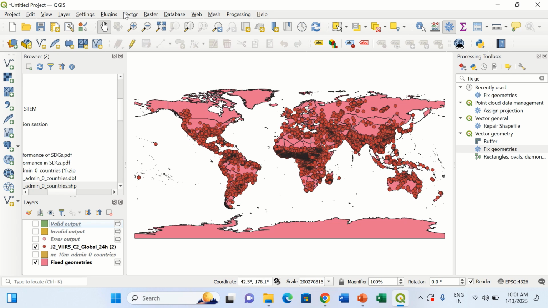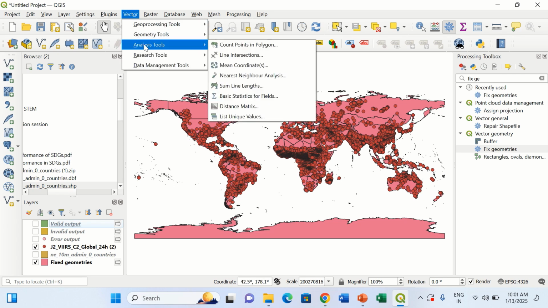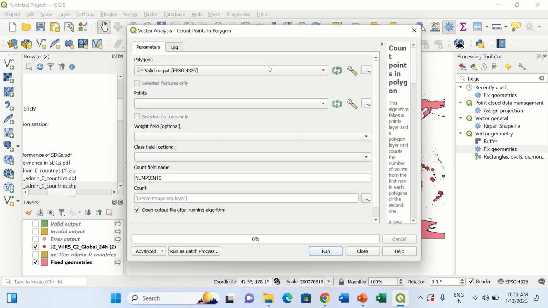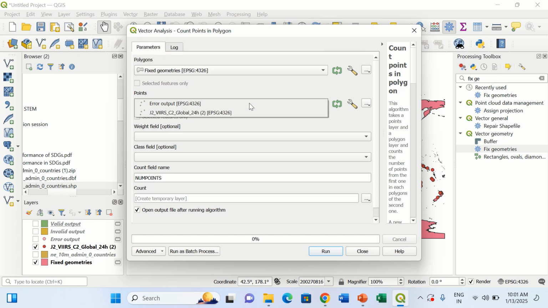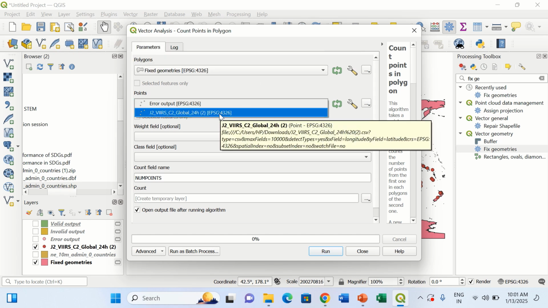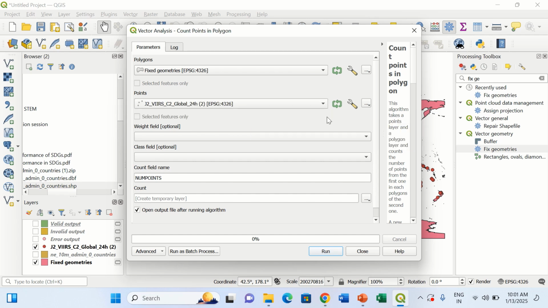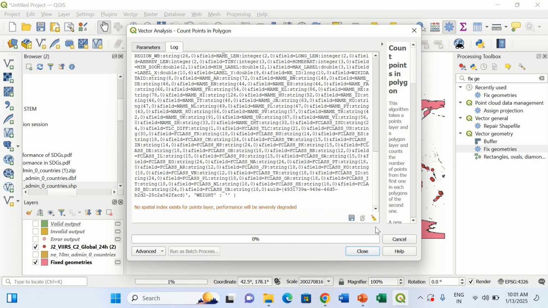So where will we go? We'll again go to Vector, say Analysis Tools, say Count Points in Polygon. In the polygon, we will select the fixed geometry shapefile. In the points, we will select the original points of the fire activity data. Okay, and say run. Now, since we have fixed the geometry and we have used that fixed geometry shapefile, it should actually give us the fire activity country wise. So we will see whether it is giving us